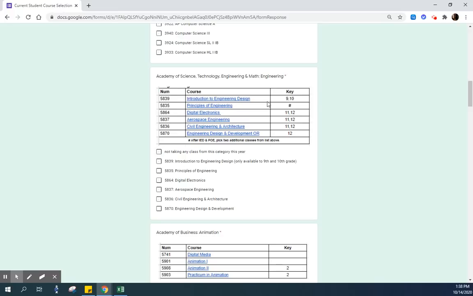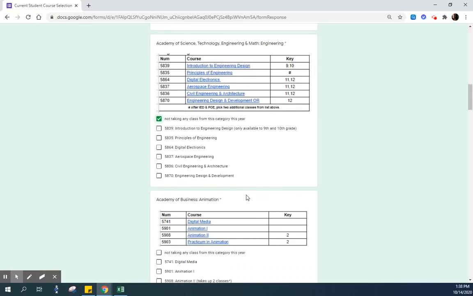Introduction to engineering, the engineering classes, I'm not on that pathway, so I'm going to say not taking. And I know you might be thinking, why am I saying not taking? Why can't I just scroll past it? We want to make sure you don't accidentally skip a section. So by clicking not taking a class, it makes you really look to see if anything in that section interests